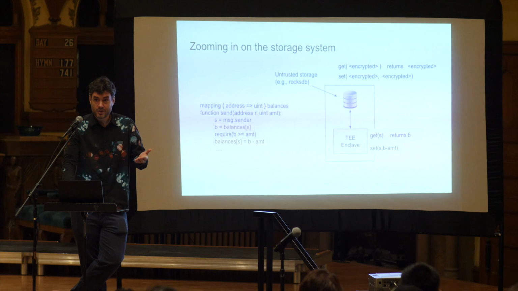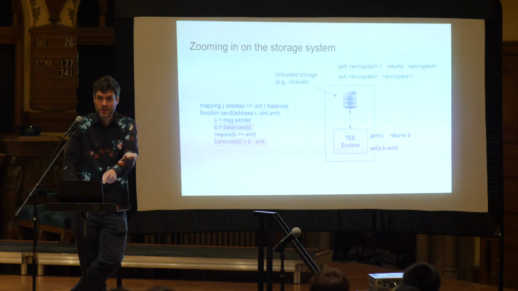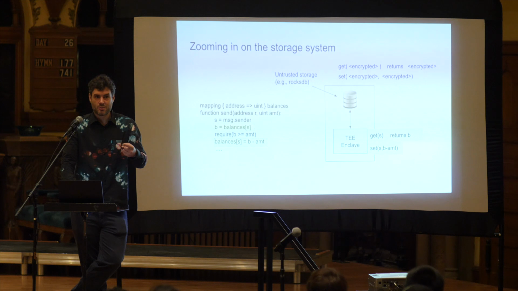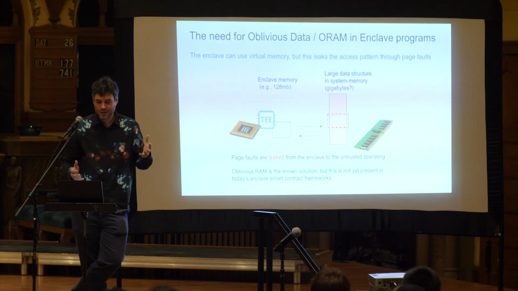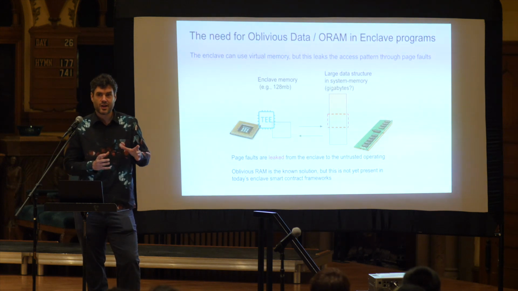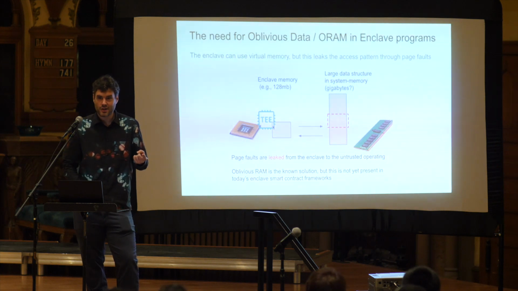Now, what's the issue with this? Well, this is going to reveal to this storage system which value it is that you're accessing. So this is traceable, right? Even though the key is encrypted, the key is going to be the same every time the same user's balance is accessed. So roughly, and I've used this phrase, there is an ORAM-sized hole in some of the first implementations of TEE systems. It's not just about the storage interface, but that's one of them.